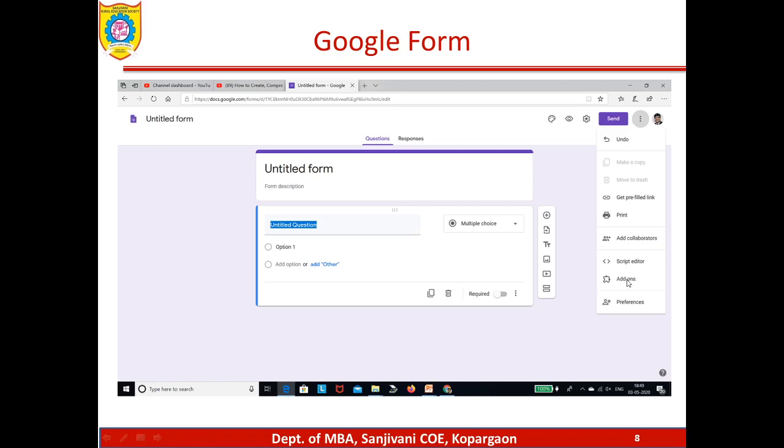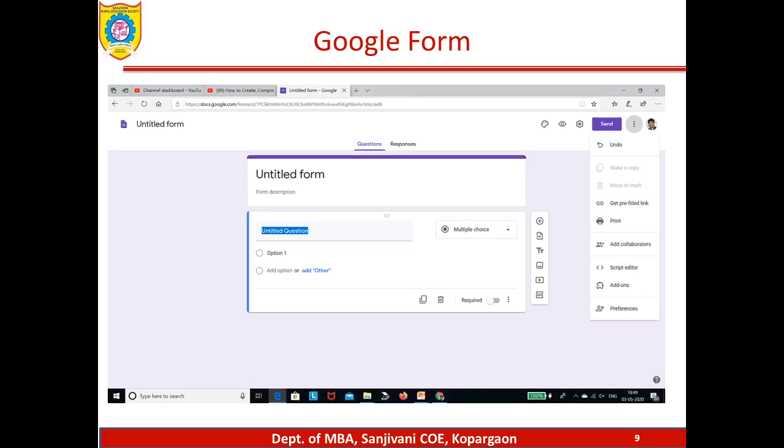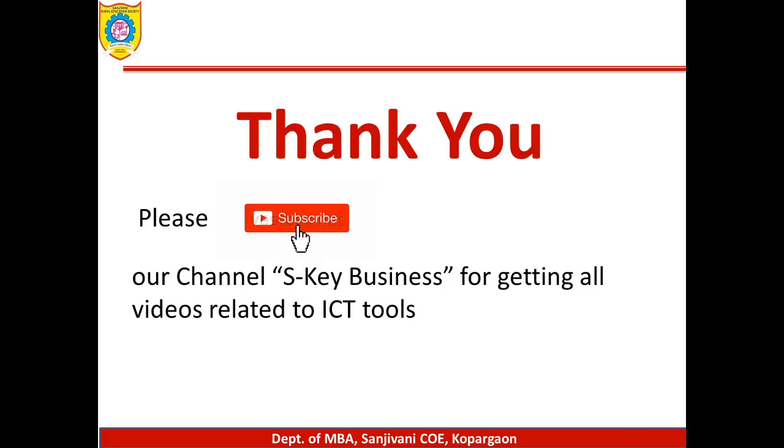Script editor, and these are add-on tools. This is very important. There are lots of add-on tools under Google Forms, like adding a timer to your quiz. With the help of plugin add-ons, you can also link this questionnaire to a certificate section. You can upload the certificate format, and then it will generate the certificate also. This way you will get all these details from a Google Form.